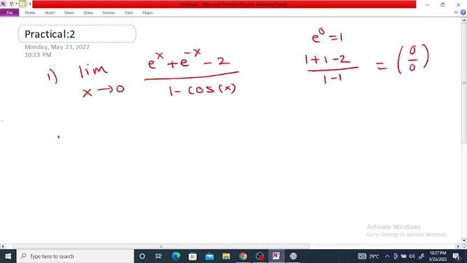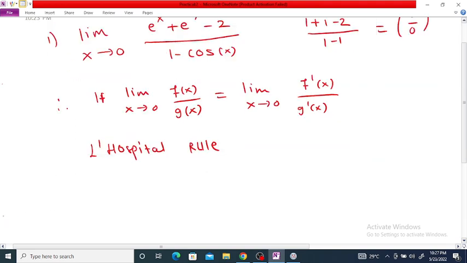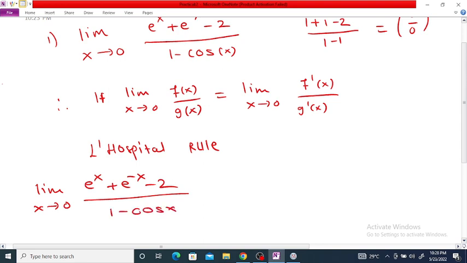And therefore if the limit as x tends to 0 of f of x divided by g of x is of the 0 by 0 form, then this is the same as the limit as x tends to 0 of f dash x divided by g dash x. Okay, this is called L'Hospital rule. So by using L'Hospital rule, this limit is equal to the limit as x tends to 0